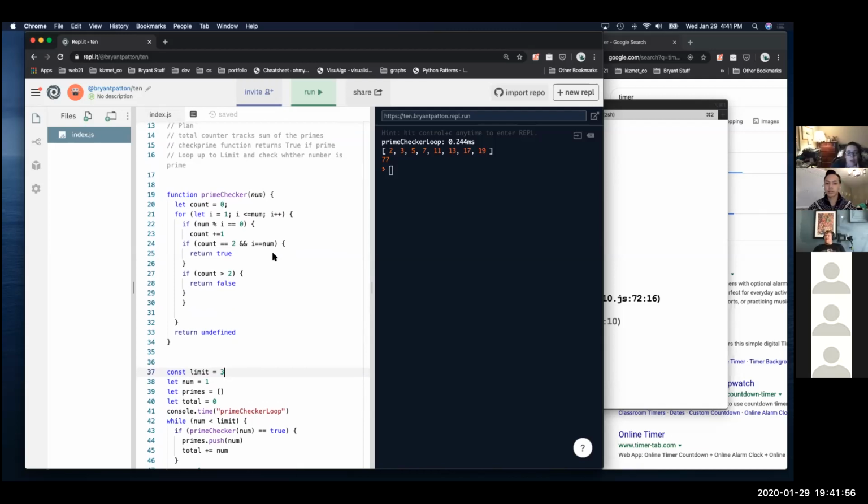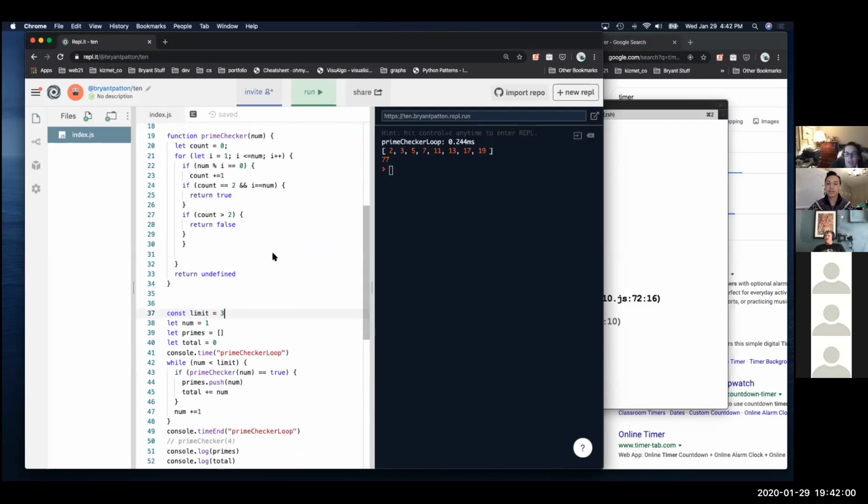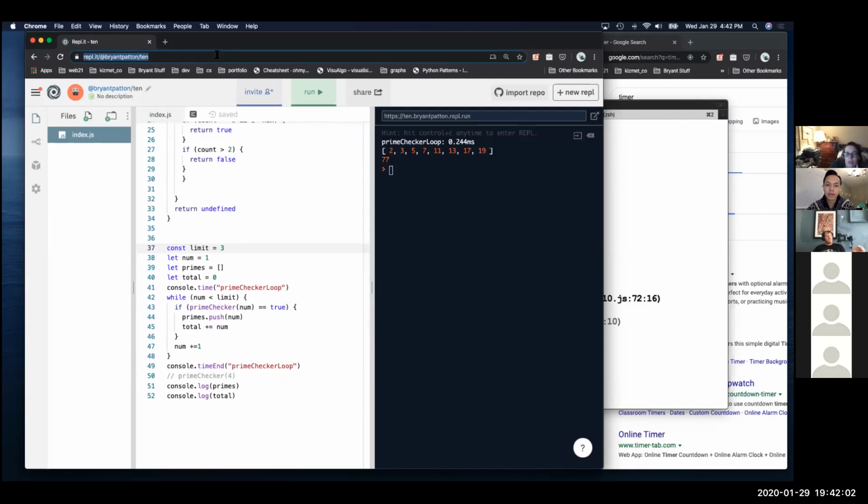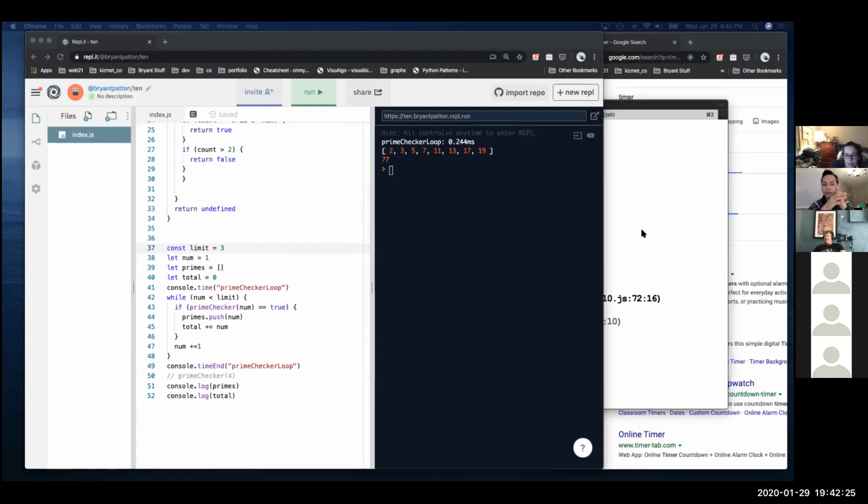In the while loop, is num increasing? Yeah. Oh, it's below it. Sorry, I didn't see that one. All right, so it's increasing here. Okay, and then you're passing it into prime checker. Mm-hmm. So if you wanted to be more explicit, you could just make that while loop into a for loop, right?